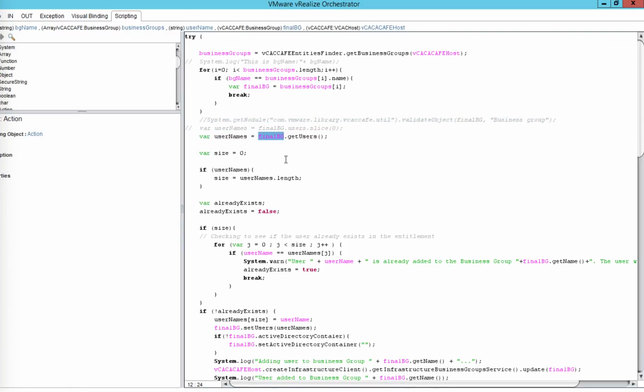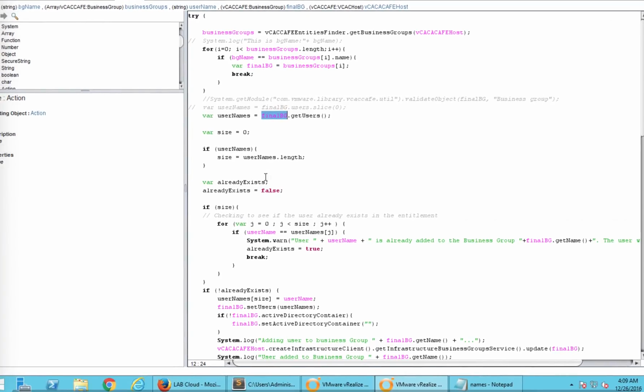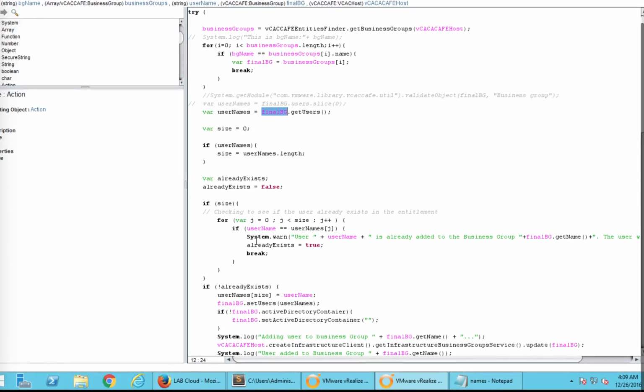I want to see whether that user is already added or not. So I'm finding it in a usernames variable, and then if the username size is non-zero, that is, there are any users available, then I'm just adding it into the usernames of that particular parameter, defining the already exists variable. Now if size is non-zero, right, then